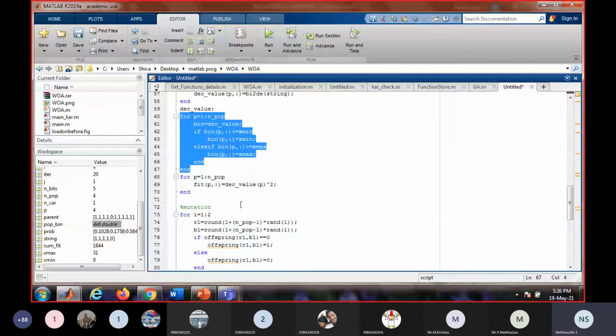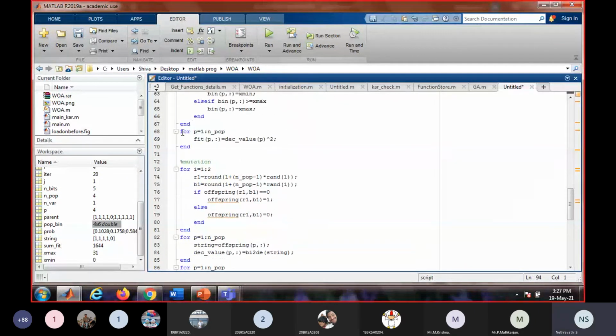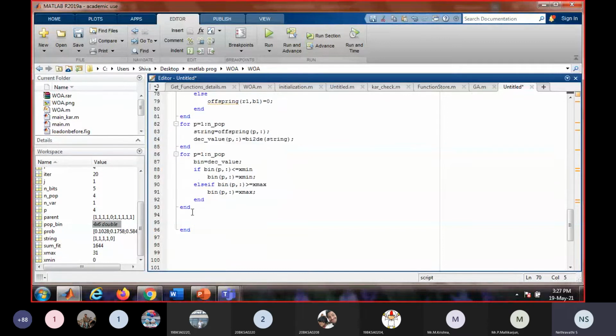This we have to repeat. Okay. And then we have to evaluate the fitness. So again, fitness is this function, decimal value square. Okay.